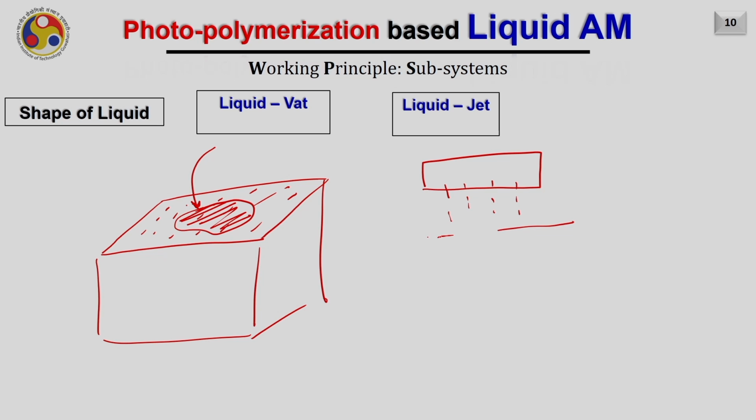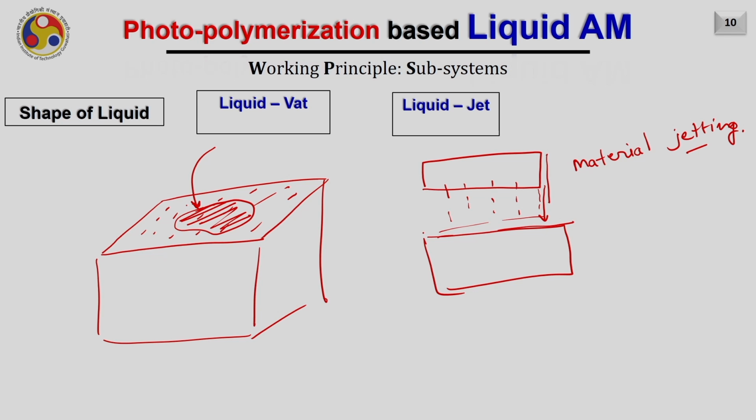If it falls like this, then according to ASTM the technology may be called as material jetting, because we are injecting the material on the substrate. Yes, of course, in that simultaneously the UV light also comes from the back and immediately cures it.